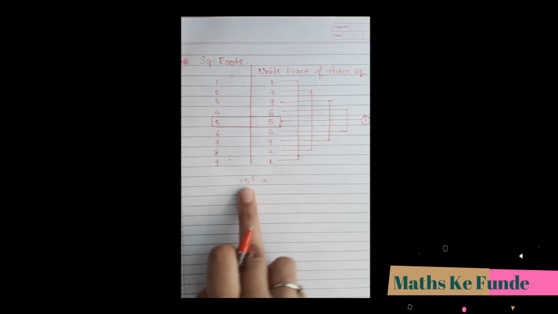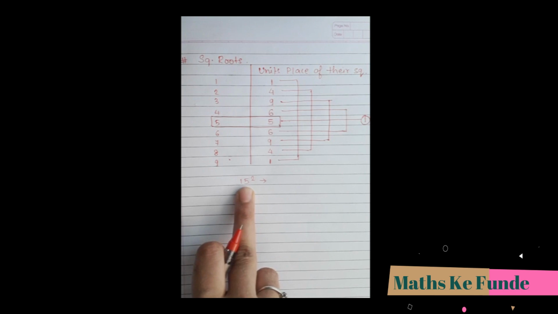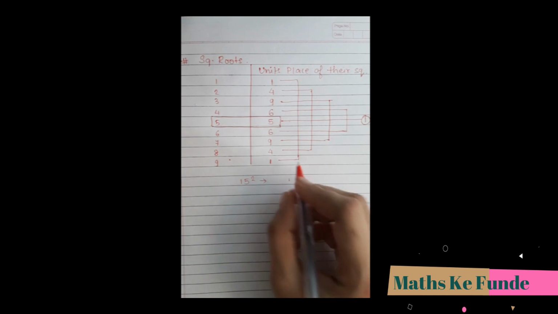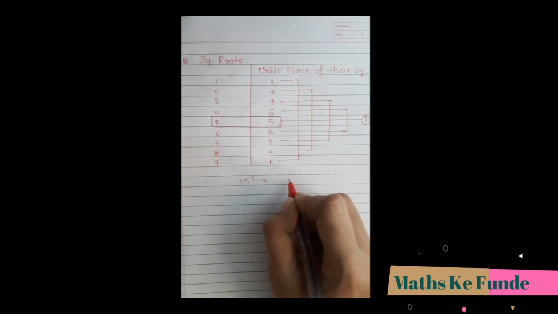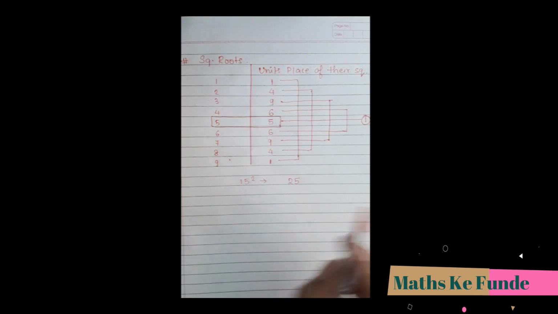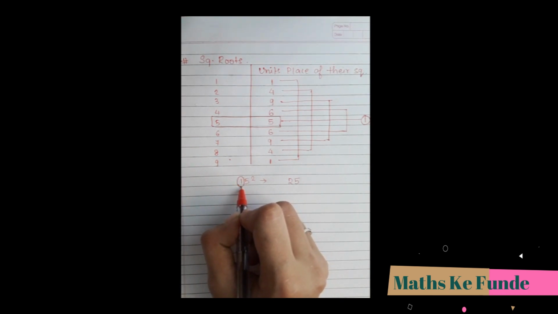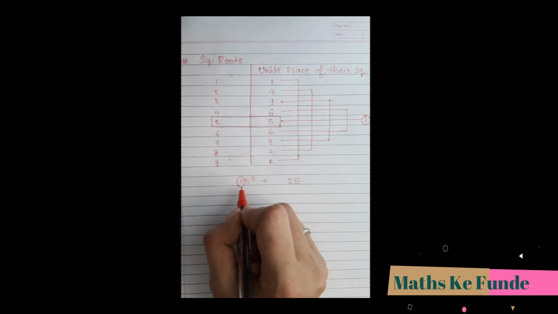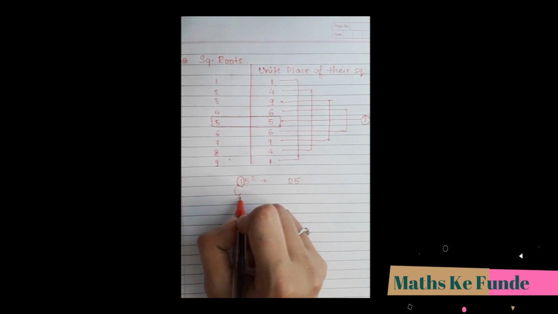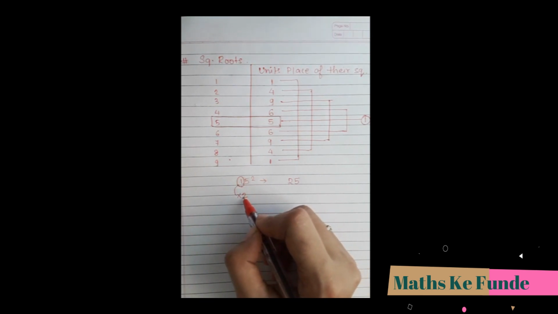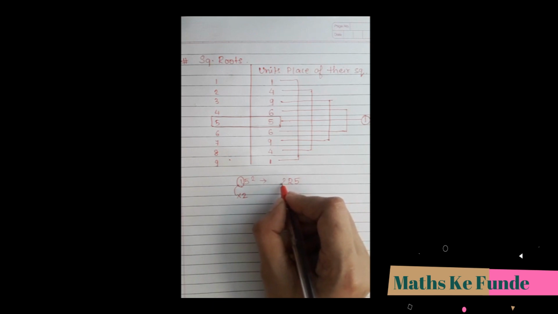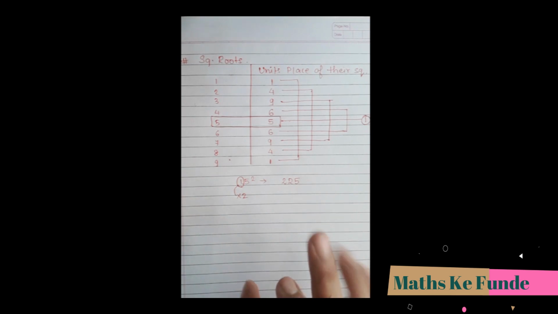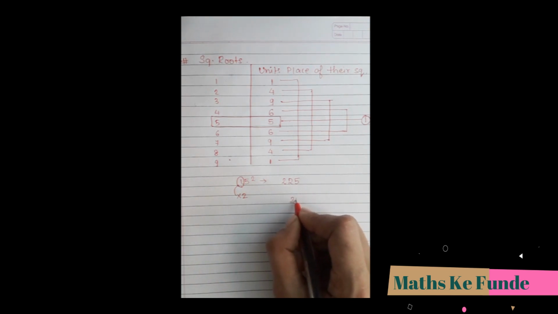Now what is that trick? You have 5 in the units place, take its square. 5 square is 25, so we'll write down 25. Now the next step is, whatever adjacent number you have over here, multiply it by the next consecutive number. After 1, the next consecutive number is 2. Take this product, 1 into 2, that gives me 2. That would be the first digit of your square. It's giving me 225. I hope this method is clear. Let's try one more example. Let's try with 25 square.